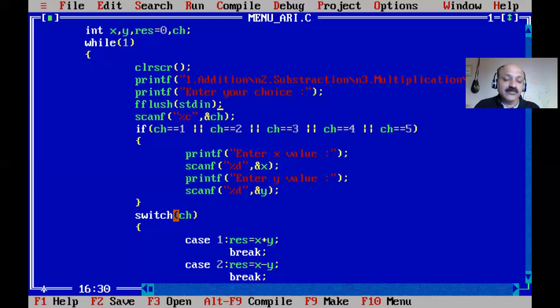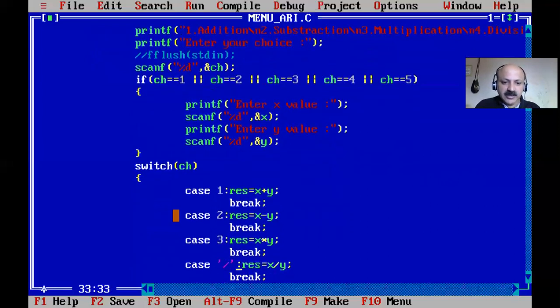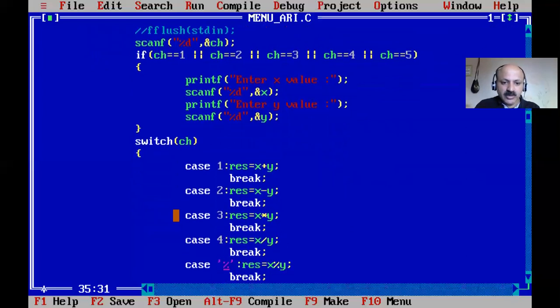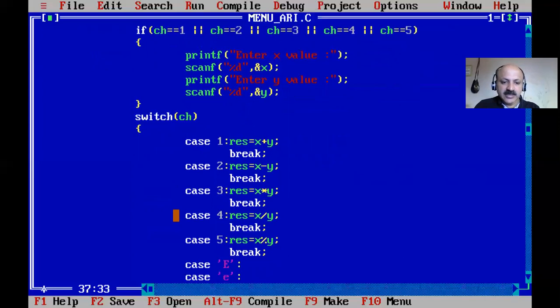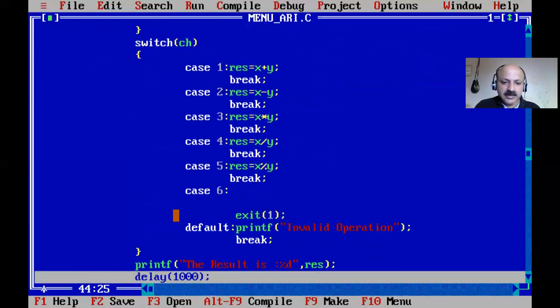So that time the flush function is not required. So here I just provide the d, because ch is now a character. So here is 3, and here is 4, and here is 5, and here we can go just 6, and that second case is not required, and directly yes, and here it is well.